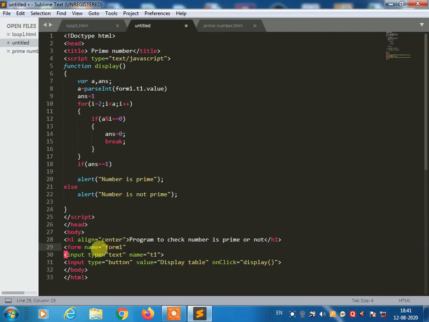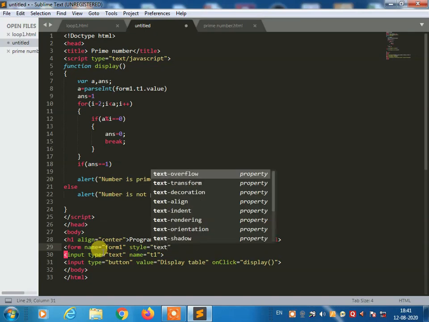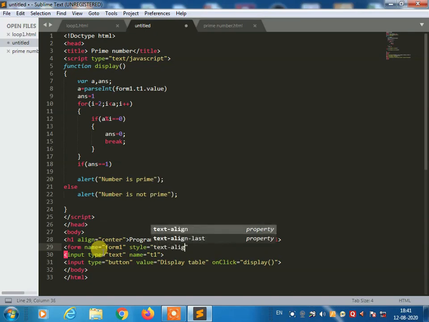You want to create a style, for that you can use style equal double inverted quote text-align. You learned this, how to create style: text-align center, double inverted quote complete.